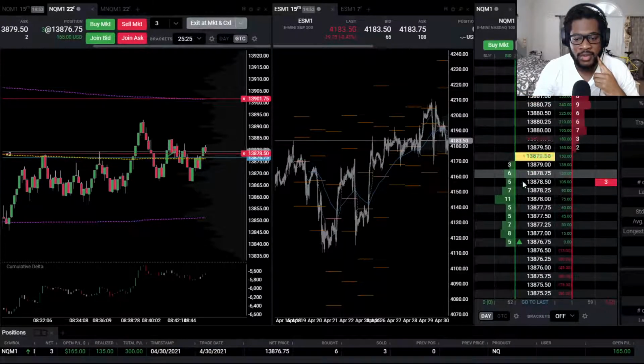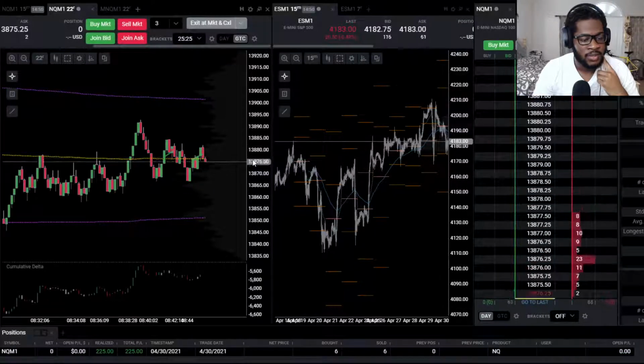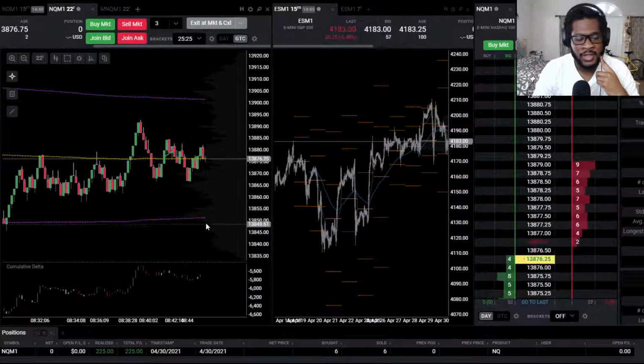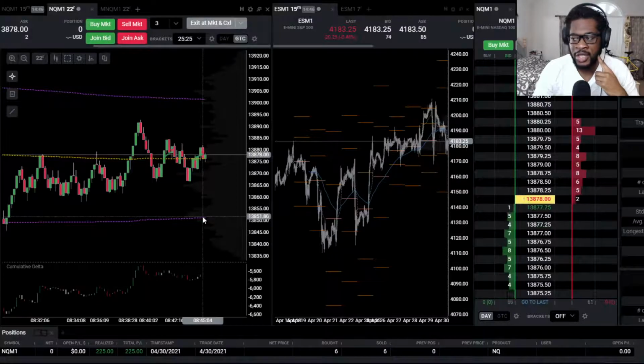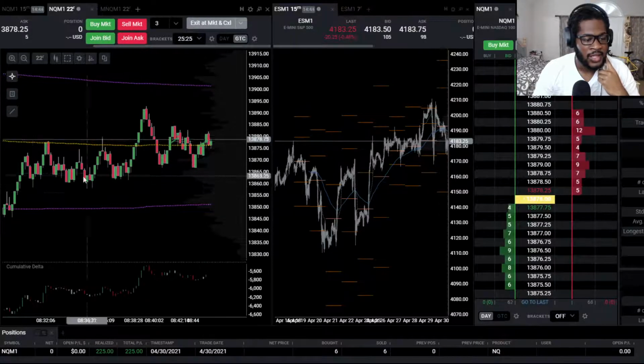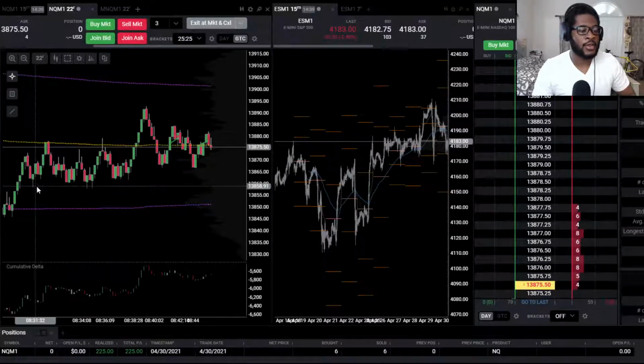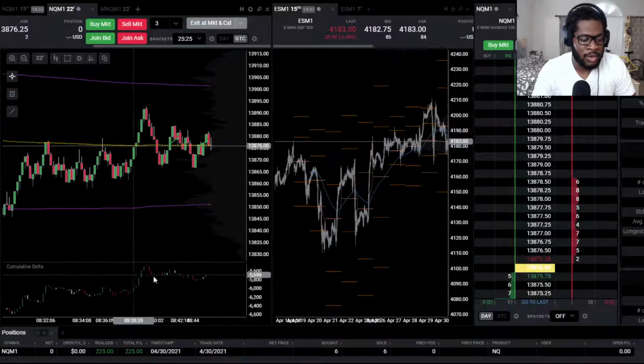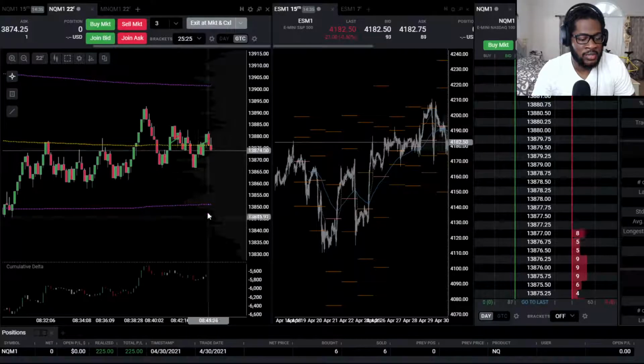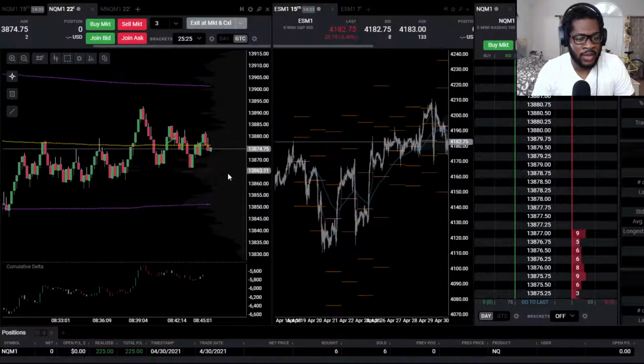Stop filled. Stopped for another $105 there. I know that was a really quick trade. Again, I see it forming kind of this build-up pattern here. What I'm looking for is for it to continue to add momentum, as I'm seeing on the delta, but it's looking like it's not wanting to break out of it.